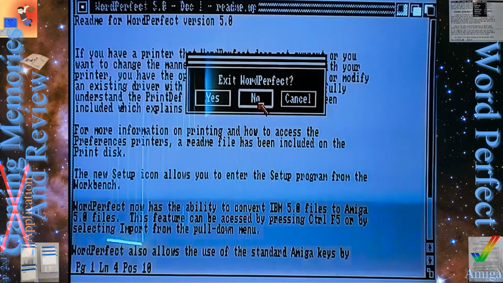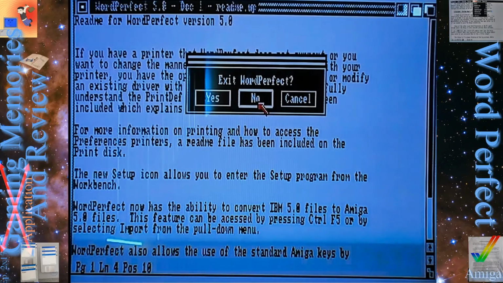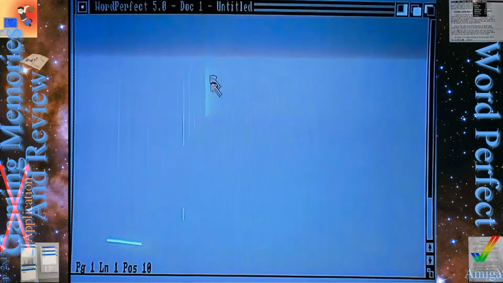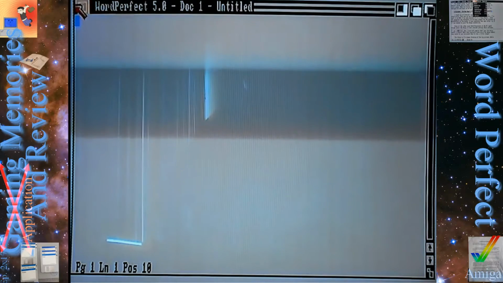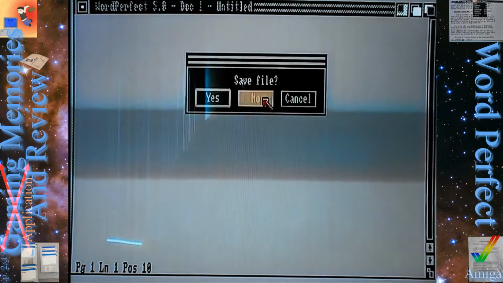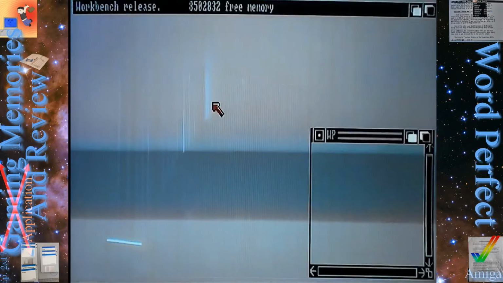And the 5.0 version is also the Amiga version of 4.1, so it's the DOS version of 4.2. They did very minimal work on 5.0. I think all they did was change the name and they changed that document. That's all they did.